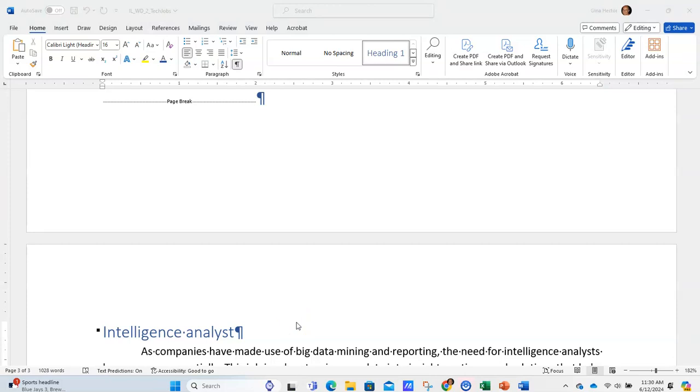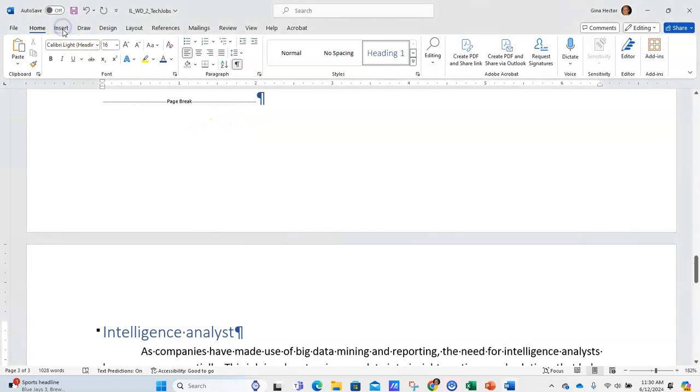And this is always wise, to let the program put the page numbers in for you. You don't want to type page numbers in, because if you edit the document, it may change the page numbers. So you want to let the program identify which page it should be. So if I go to the Insert tab on my ribbon here,